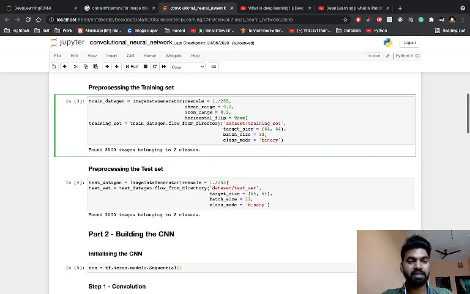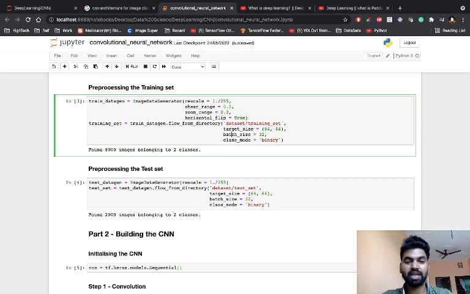After that, in the training set, because the data set I'm using is a very huge amount of data, in this train_datagen I'm calling the method flow_from_directory, and this is the path where my data set is located. After that, I'm giving the target size. This is the image size, 64 by 64. You can try multiple sizes like 150 by 150, but that takes a long time, so I made it 64 by 64.